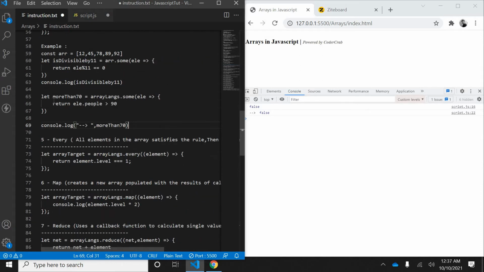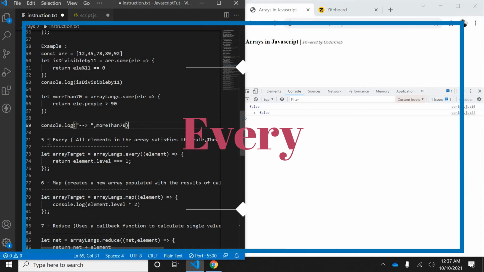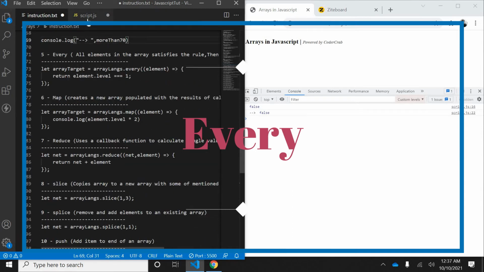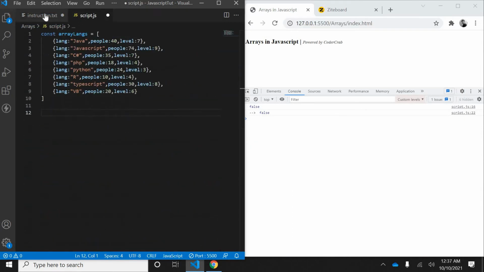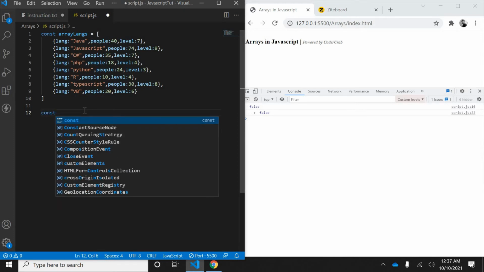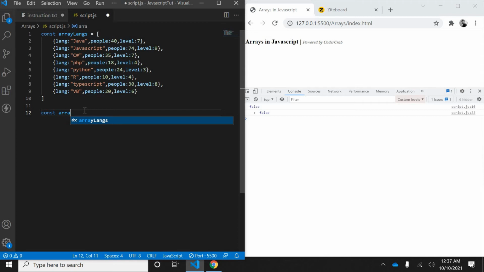Okay, so now let's go for every. The same thing we can do here with every. Let's take an example. Let's see what is every. The reverse one is every. So if you have one array like const, I have a big array: 87, 89, 12, 90.